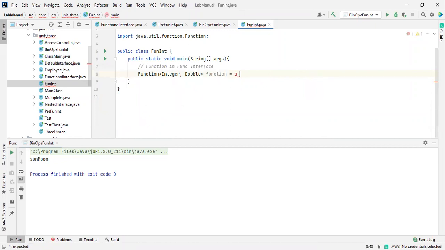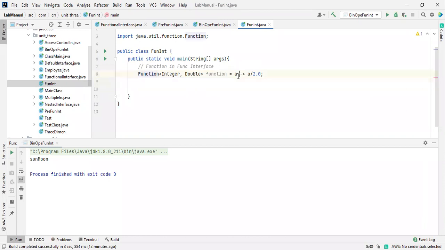So A, and how are you going to write a lambda value? This is good for us, which is easy for us to learn. So A divided by 2.0, which is good for us. So this is how we are doing it. This is the argument, which we call an integer, and we are returning the value, a double. Actually, I was suffering there about what we need to take.